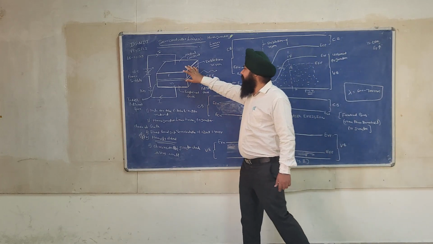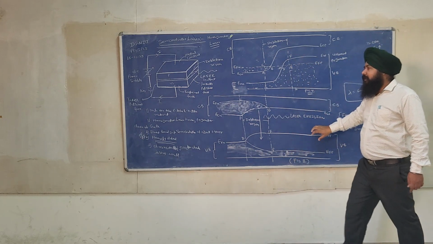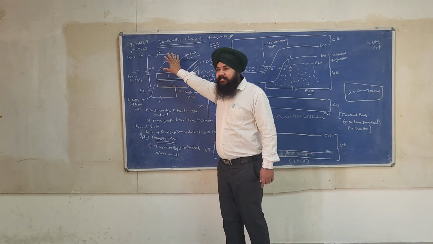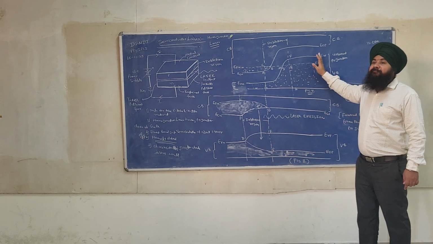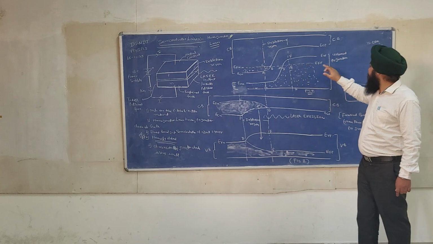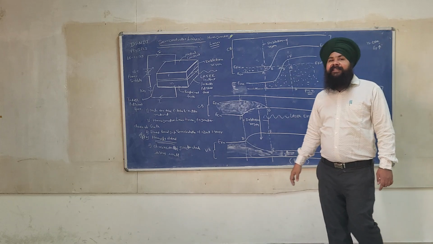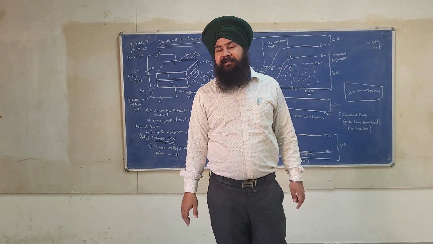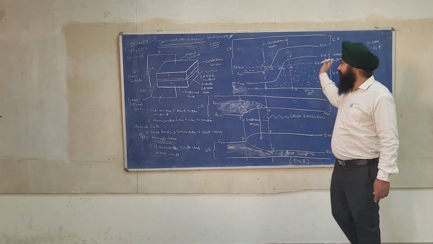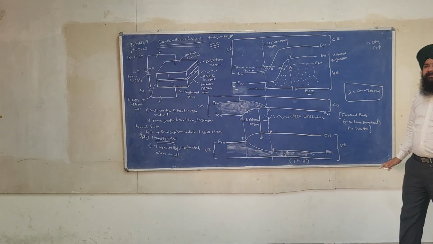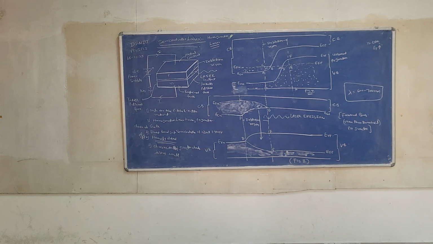So see, we have three figures. First figure is this, second figure is this, and third figure is this. This is the construction setup, and this is the energy level diagram for semiconductor laser without any kind of biasing. And this figure is valid for when we provide the external biasing, or forward voltage. Okay. Now please make the diagram. Has everyone made it? Now let us write some points.